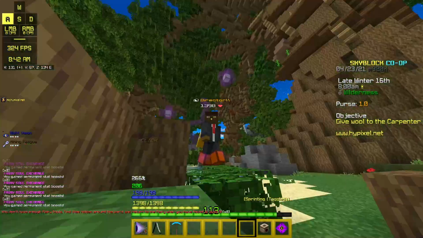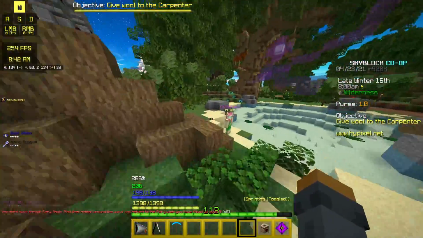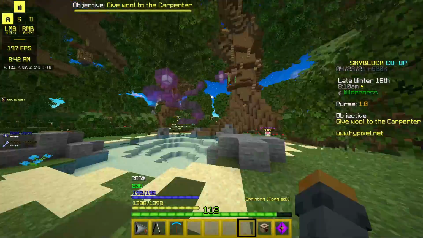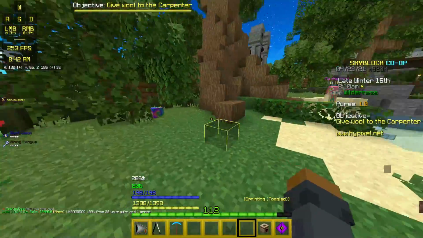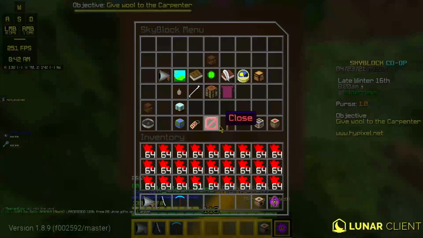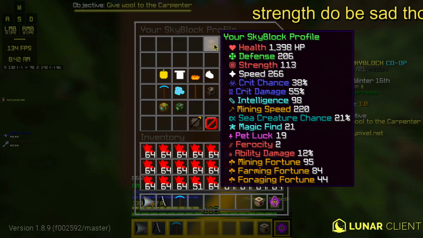Five fairy souls. Okay, so let's see how much stats we have. This is my set of farmer boots. This is what I'm normally going to be wearing. Alright, so let's see how much stats we have. Over 1,398 health, 200 mana. Alright, let's see. So, 1,398 health points, 206 defense, 266 speed,